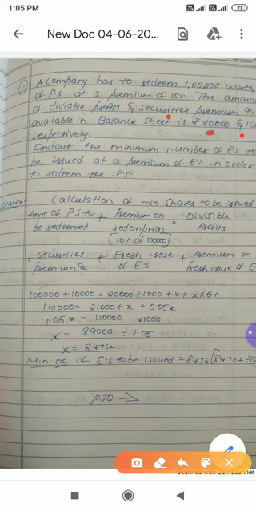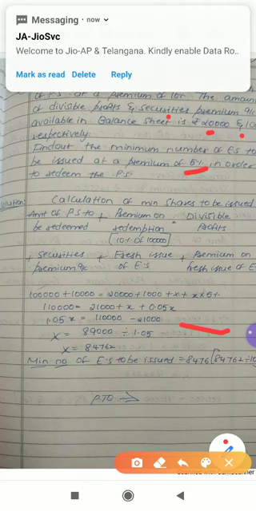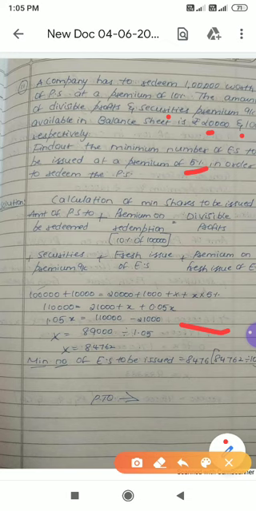Find out the minimum number of equity shares to be issued at a premium of 5% in order to redeem the preference shares. This is very important. They are asking us to calculate the minimum number of equity shares to be issued at a premium of 5% in order to redeem the preference shares. That is what I have been telling you. In a few questions they have only given how many shares to be issued, but in this question it is totally different. You need to calculate the minimum number of shares to be issued at a premium of 5%. Whenever they ask a question like this, please remember, this is a very important question.